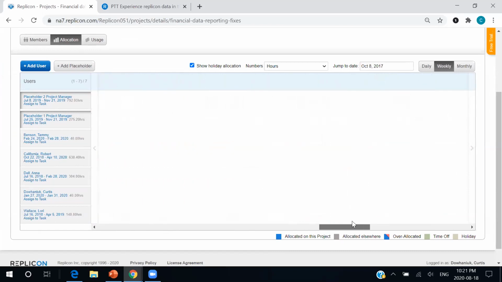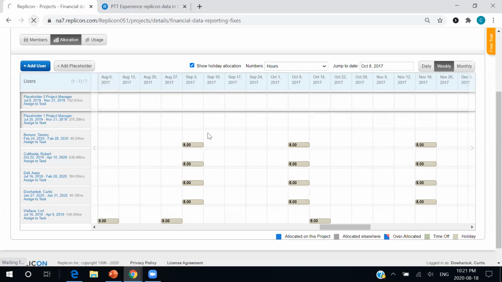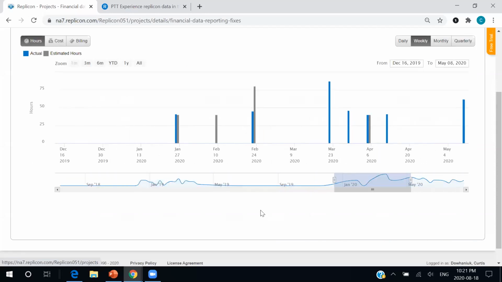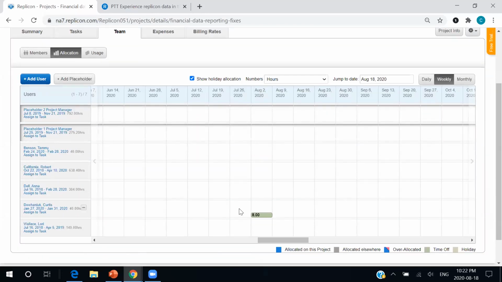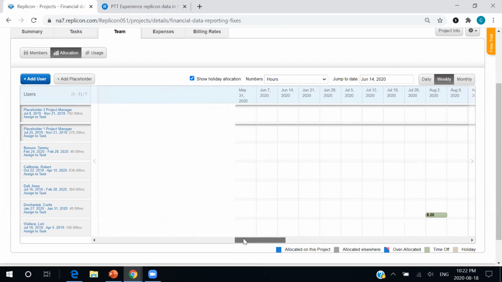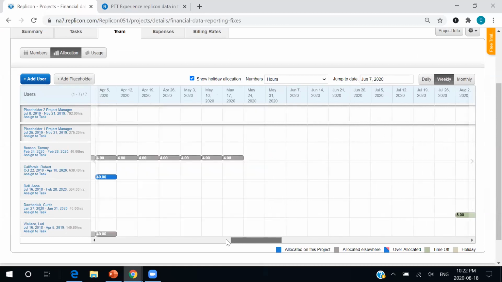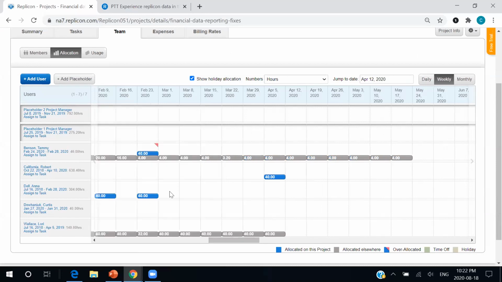I have overshot. I'm going to just refresh the page. And we have hours in blue, which are hours that are allocated to this project. We'll also have these green hours, which are hours allocated to vacation or time off. And here we go. We are back in business. And we will also have these little red triangles in the corner. Those are what we don't want to see. Those are hours that have been over allocated, which means overtime, which in turn means we are increasing our cost, which is what we want to avoid.